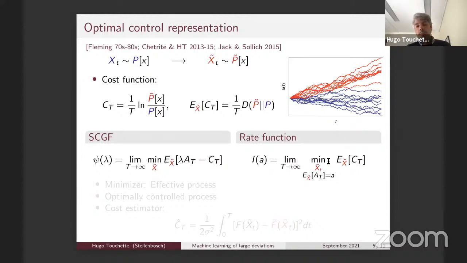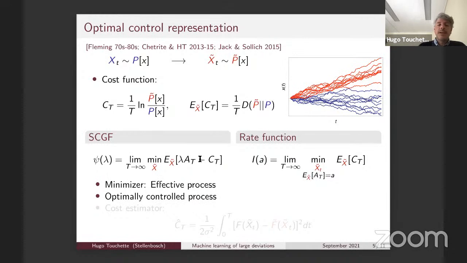If you constrain the minimization, if you minimize the cost subject to reaching a given fluctuation, you get the rate function. So in a sense, what we've done here is to represent the large deviation functions, that are the rate function and the scaled generating function, as an optimization problem. On this side, you have an unconstrained minimization problem. On this side, for the rate function, you have a constrained minimization problem, and they are related by Lagrange multipliers, and this is the same as the Legendre transform that connects the rate function to the scaled generating function.